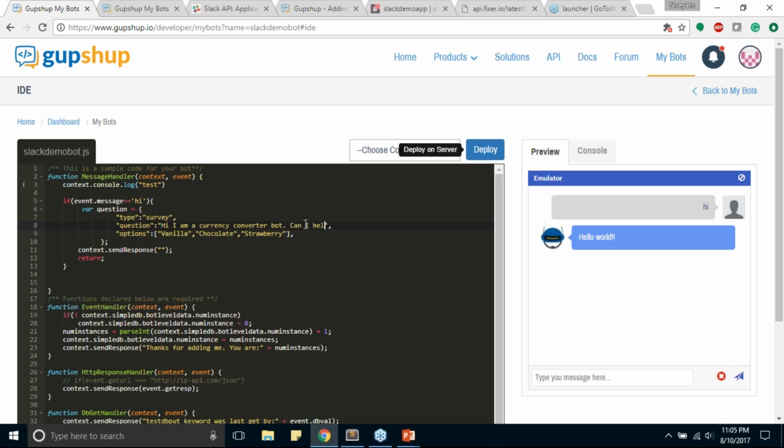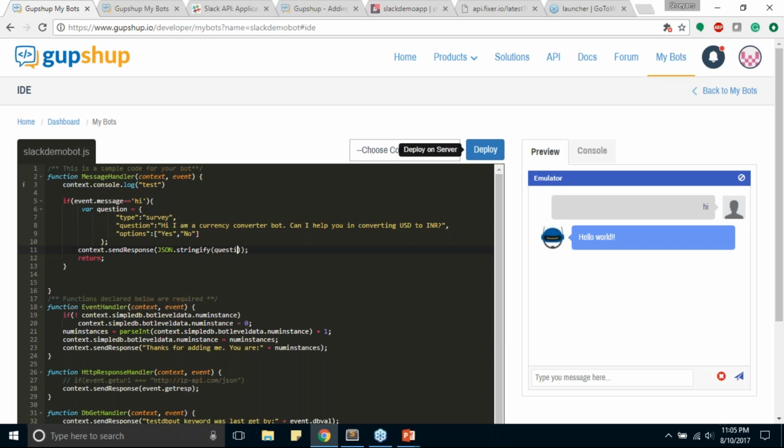Can I help you in converting USD to INR? And in options, let's say yes and no. So let's do this, and I'm going to just say JSON.stringify